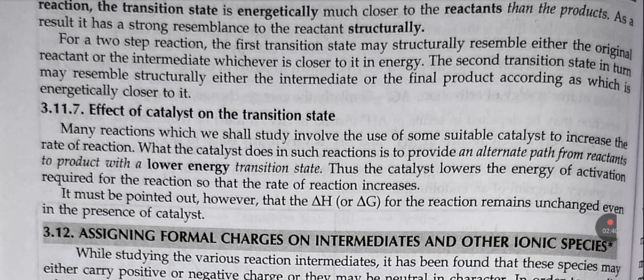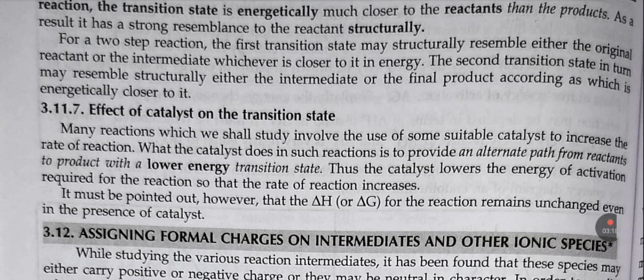Effect of catalyst on the transition state. Many reactions which we study involve the use of some suitable catalyst to increase the rate of reaction. What the catalyst does in such a reaction is to provide an alternate path from reactant to product with a lower energy transition state. Thus, the catalyst lowers the energy of activation required for the reaction so that the rate of reaction increases. It must be pointed out, however, that the delta H or delta G for a reaction remains unchanged